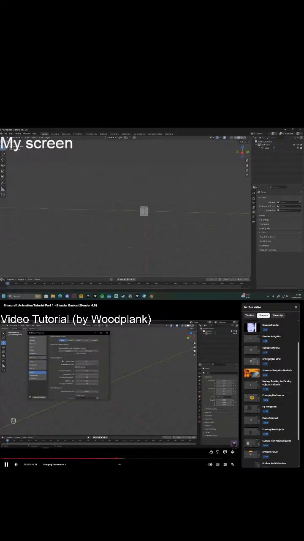So first let's go into the system and let's talk about rendering. So if I click on system, I have different options to choose here. By default, Blender should be rendering with the CPU, aka Central Processing Unit. But you want to change this to your GPU because it renders a lot faster. So if you have a graphics card,